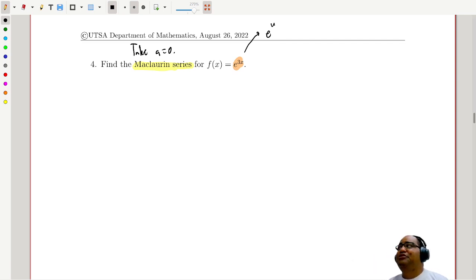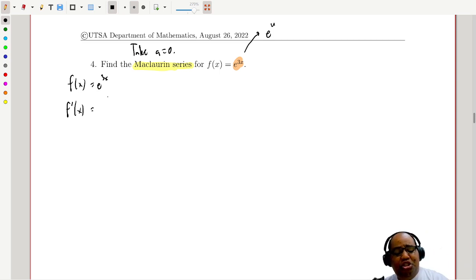Here we expanded e to the u around a certain point, but now we're going to do this around 0. But watch the magic happen. So let's go ahead and do our usual process here. Okay, f of x is e to the 3x. What's our derivative? Okay,